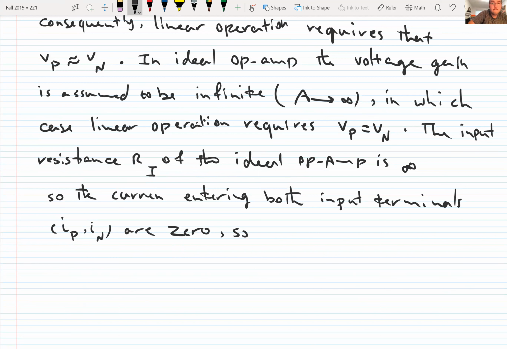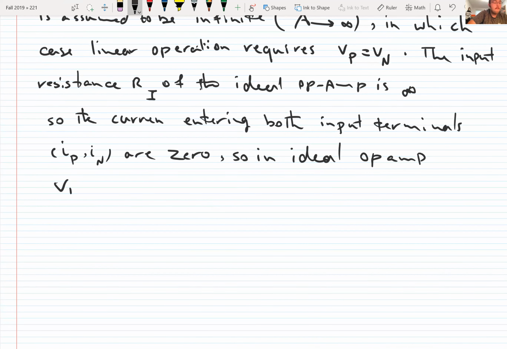Because the input resistance is equal to infinity, both IP and IN are equal to 0. So in an ideal op-amp, VP is equal to VN and IP is equal to IN is equal to 0. Okay, so we reach this point. Now that we are at this point, when I say VP is equal to VN and IP is equal to IN,